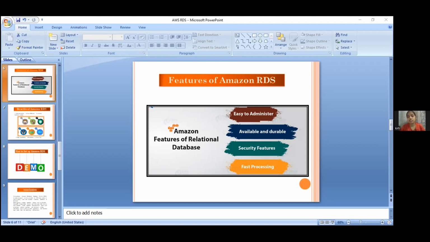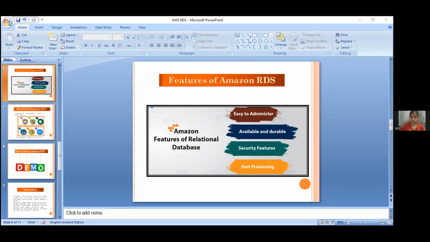Amazon RDS makes it simple to manage network access to your database. And fast processing. Amazon RDS supports the most demanding database applications. The user has to choose from two SSD-backed storage options. The first one is optimized for high performance applications, and the second for cost-effective general use.